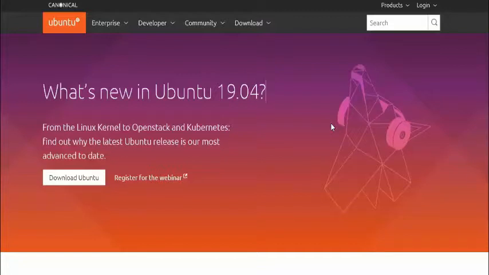If you want to download it and install it along with Microsoft Windows 7, 8 or 10, the process is going to be the same. Okay, so here we are. So let's first of all go ahead and download it. So go to